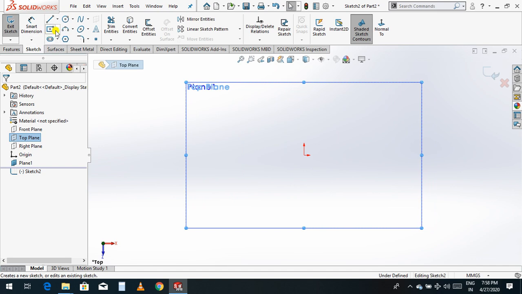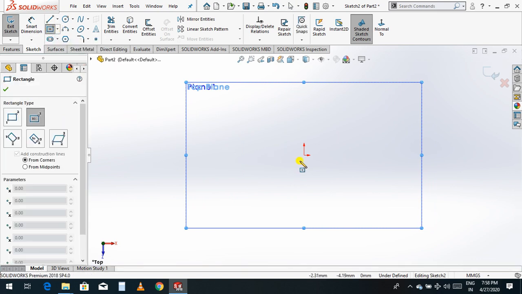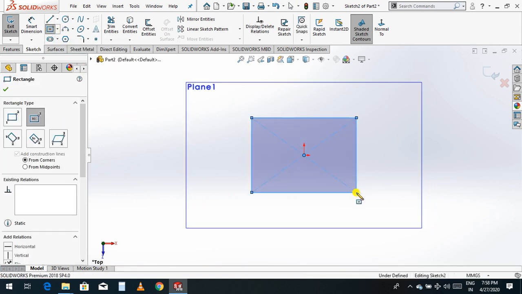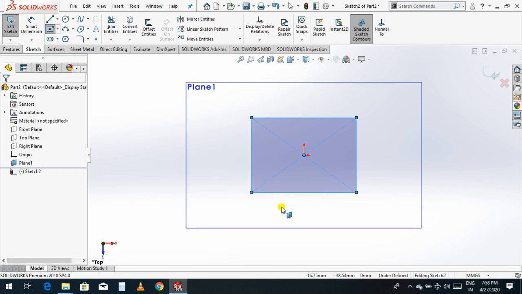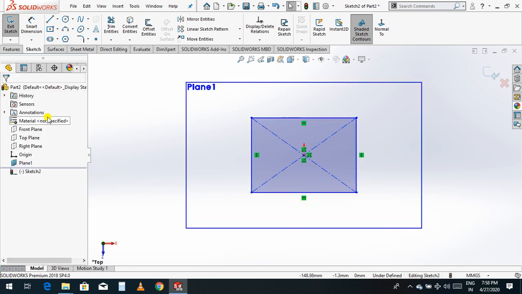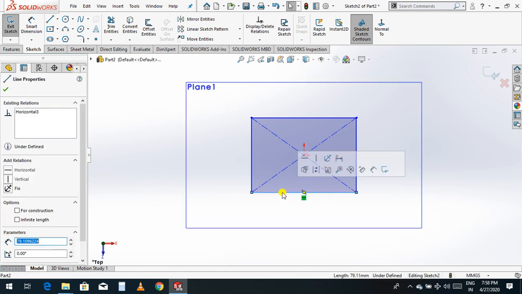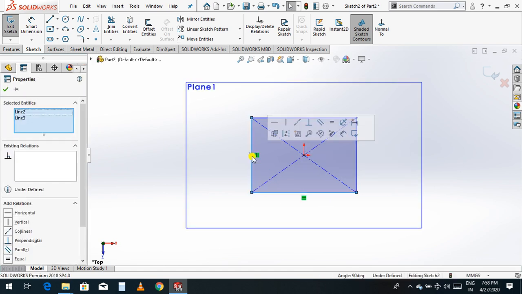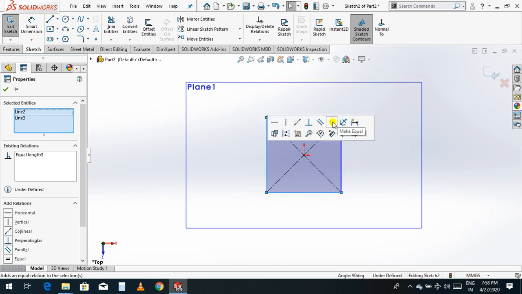Sketch and make one rectangle, and you can give a dimension. Suppose for this line, this line, this line, this line, I'll give an equal relation.